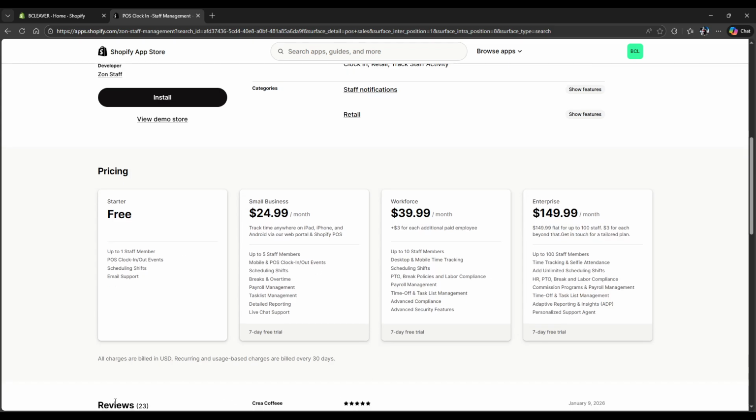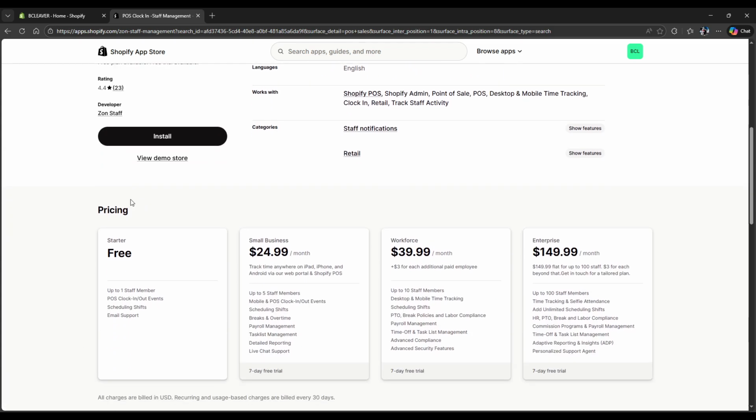Basically, as for the starter, you can check it for free. For a small business, you can pay a small amount, and get more options. If you want it, all you're gonna do is tap on install, and it will be done. Give it all the permissions needed,